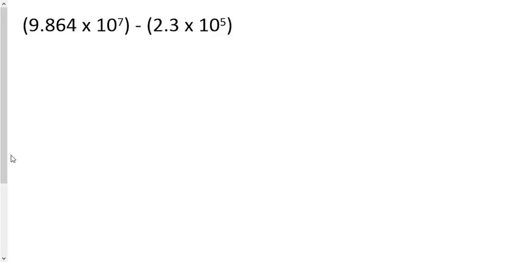Let's go through and take a look at this one. Different exponents again. So this is to the 7th power. This is to the 5th power. So all I'm going to do is write out the 2 and 3 times 10 to the, I'm going to go ahead and make it to the 7th power. I've got to raise this by 2, so I'm going to drag this over 1, 2. That puts a 0 in front of it, and there's my decimal. And now I can subtract